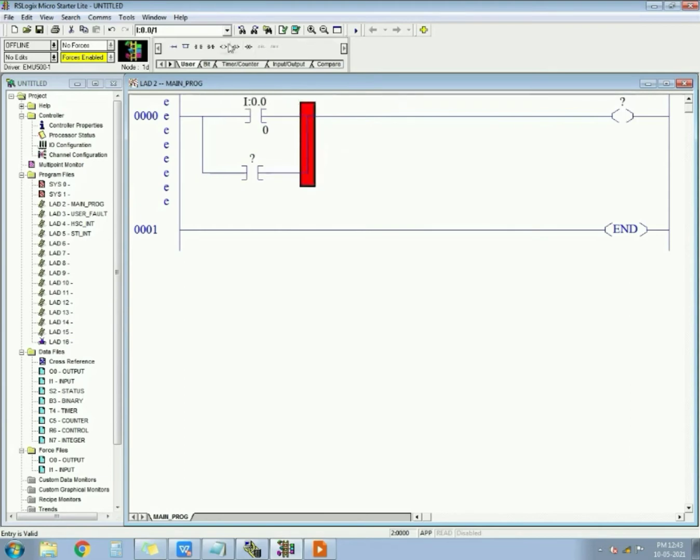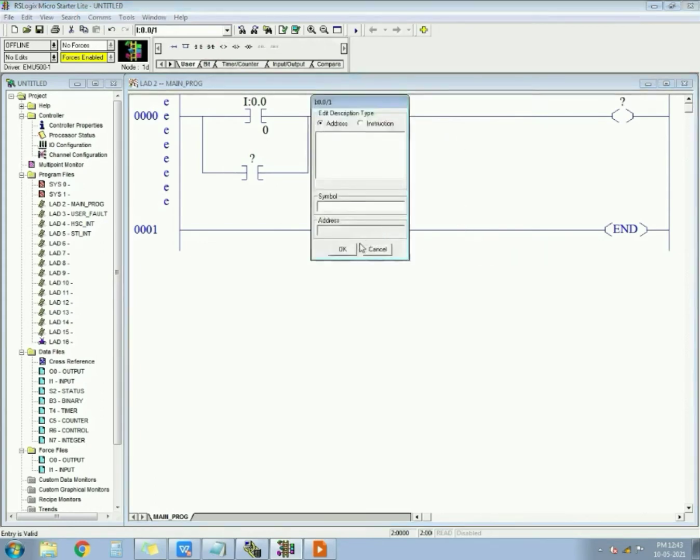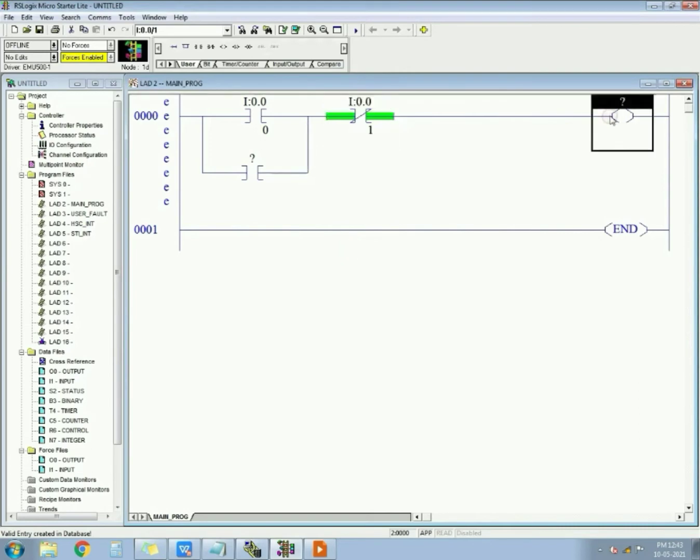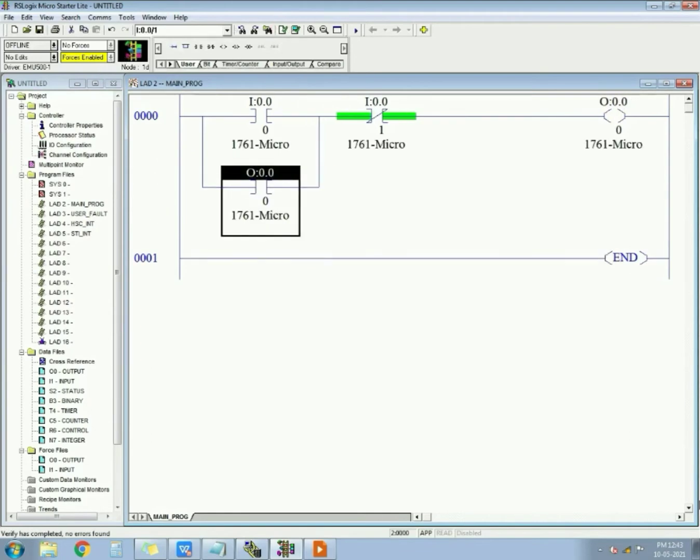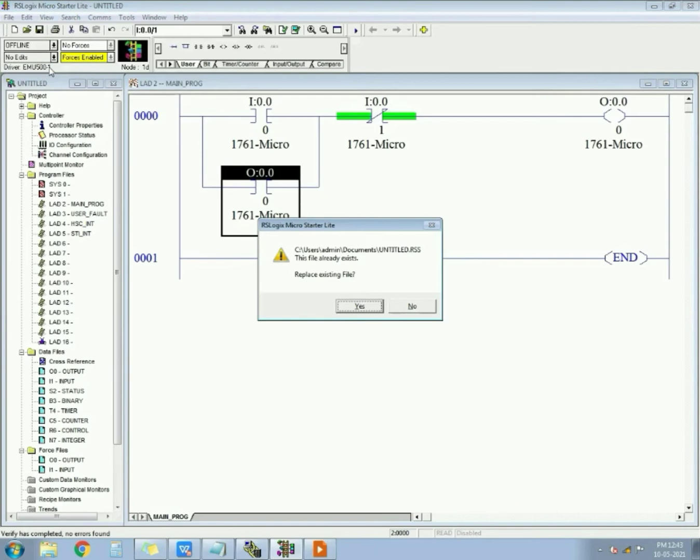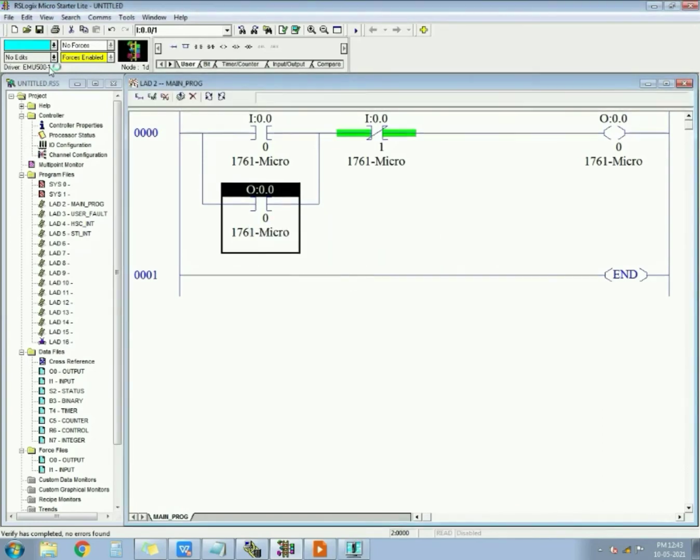And I will take an NC. This is the stop button, I1:0.0/1. And next is the output, O0:0.0/. So I have to latch this output. I will take the same addressing here. Why I have taken this and all that, I explained in the last tutorial, so you can check that video and then come back to this video.